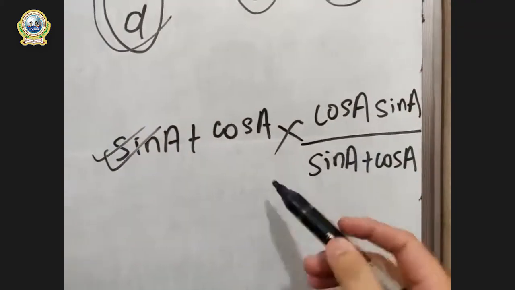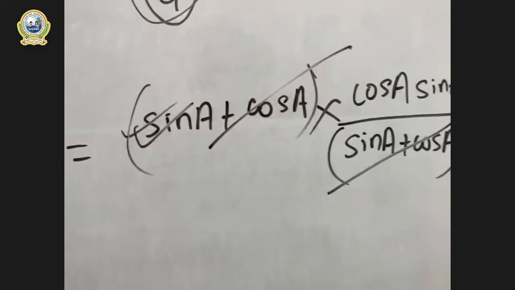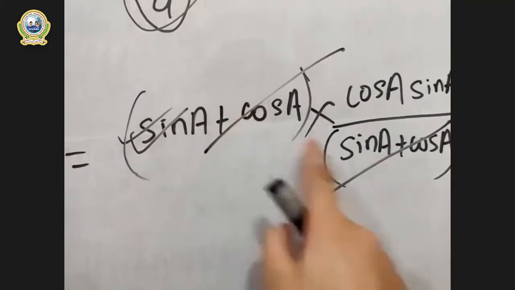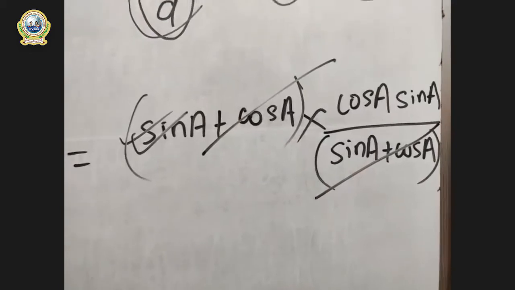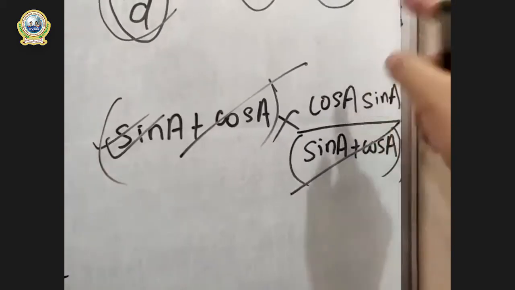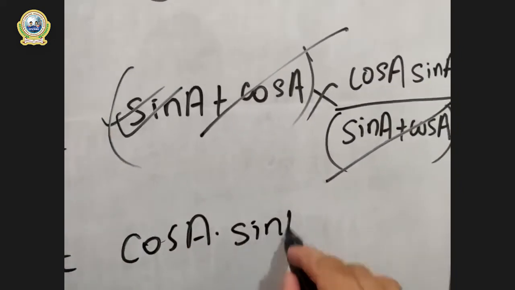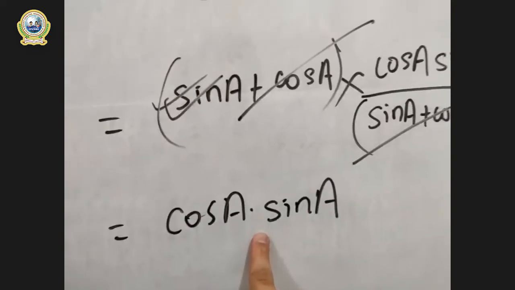Look at here. So in this way, you are saying, I guess, that these two can be cancelled. Look at here, right? These two are same to same. So we can cancel these two. Now we do have only this part left, which is uncancelled. It will be cos A dot sin A, right? And this dot means multiply.